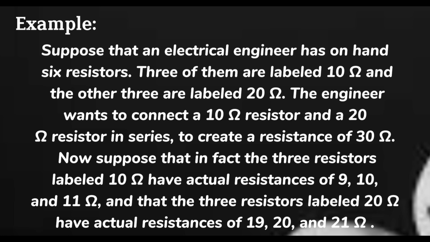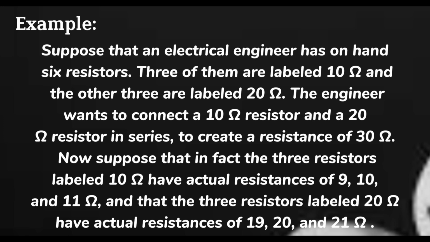3 of them are labeled 10 ohms and the other 3 are labeled 20 ohms. So the engineer wants to connect a 10 ohm resistor and a 20 ohm resistor in series to create a resistance of 30 ohms. Now suppose that in fact the 3 resistors labeled 10 ohms have actual resistances of 9, 10, and 11 ohms, and that the 3 resistors labeled 20 ohms have actual resistances of 19, 20, and